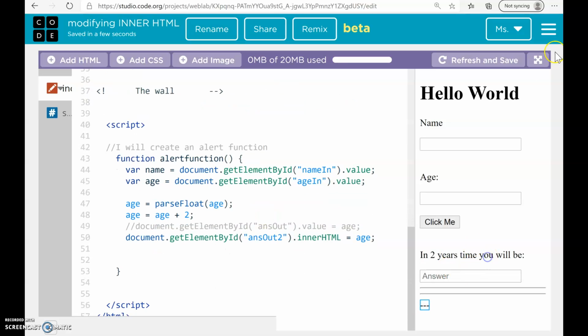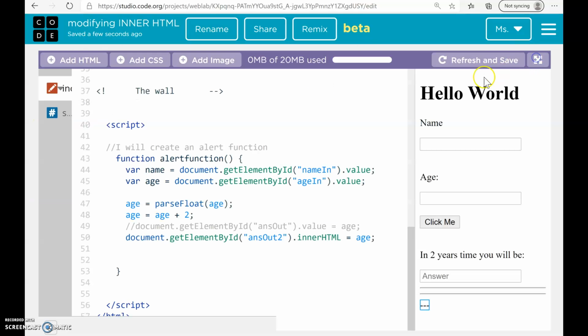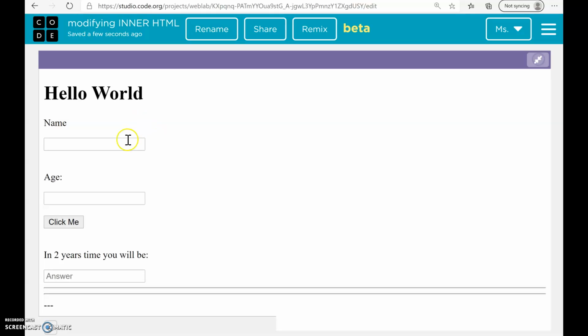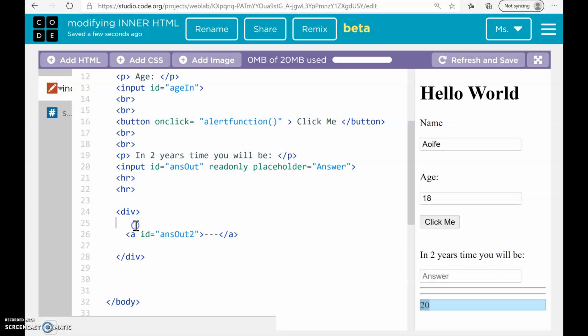If I check out my website now, I'm just going to refresh and save first. I pop in my name and my age, and press click me. It has given my answer down here at the bottom. In 2 years' time, you will be, and the answer is no longer in here, it's now down at the bottom. To make that a little bit more coherent, what I probably should have done was in my div here,